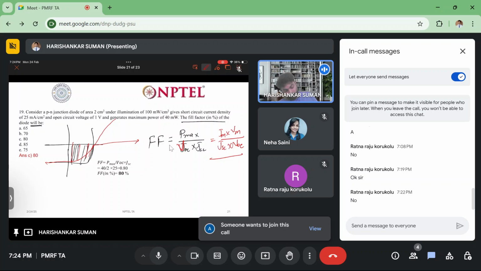Okay, so use this formula. Maximum power you have 40 milliwatt